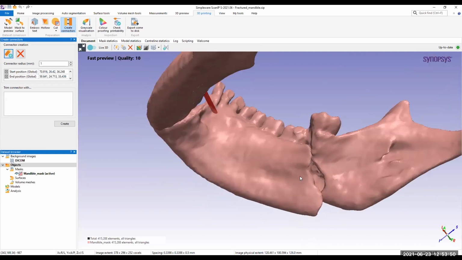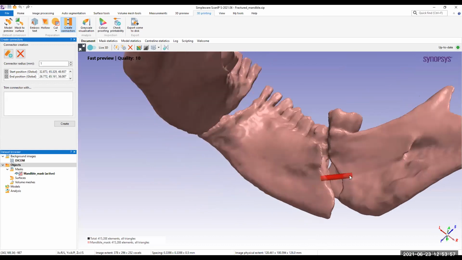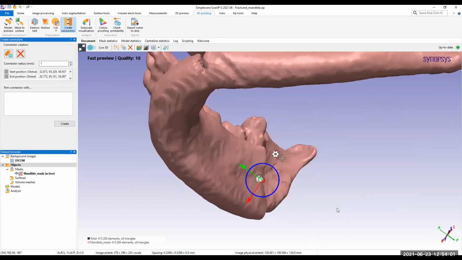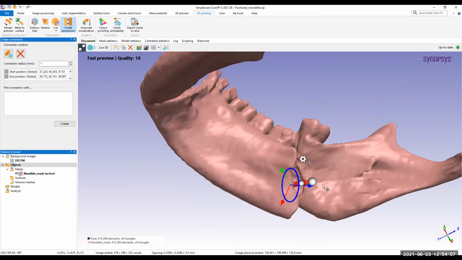It completely depends on the surgeon where they want their connectors to be. The position needs to be identified by them. That is the good thing to do in this case.